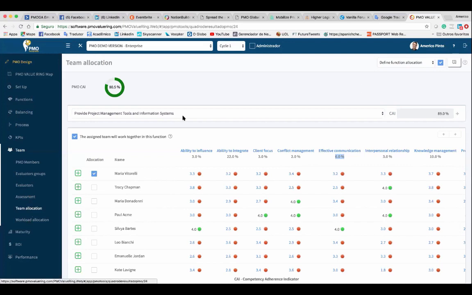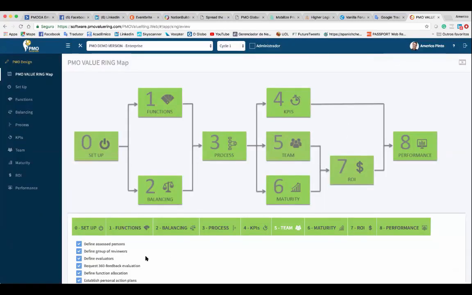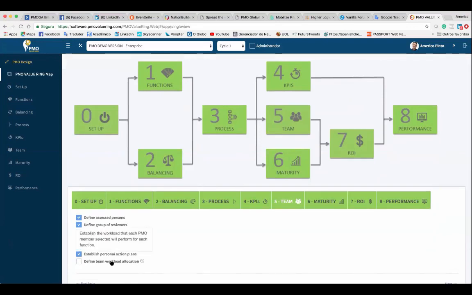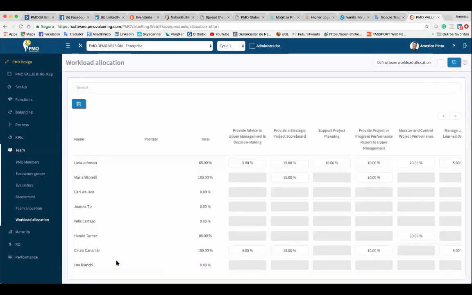We have another, let me go back to the map, it's easier. Okay, so step number 5. And now you can see, define team workload allocation. Let's see what we have. The workload allocation will be like this. Look,